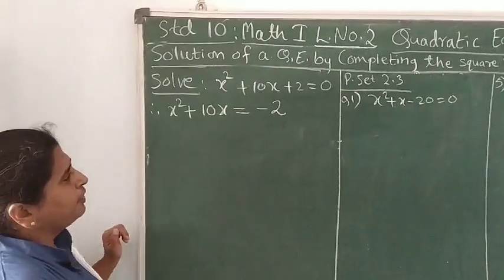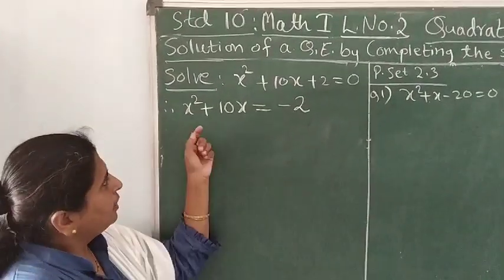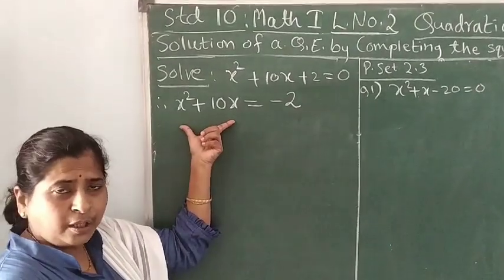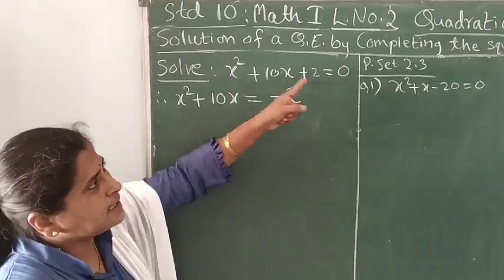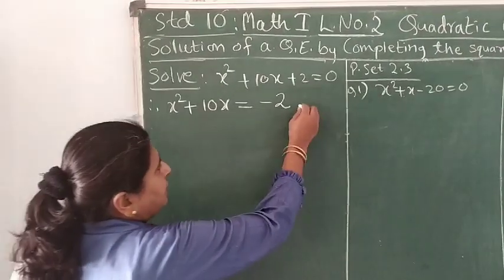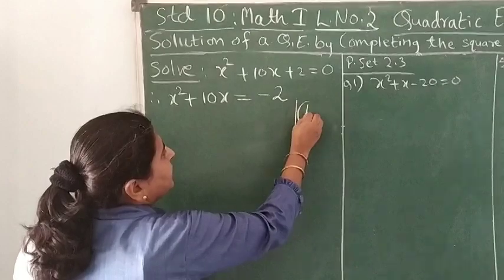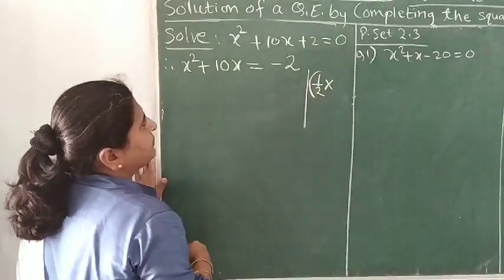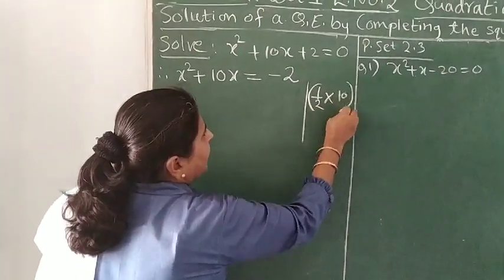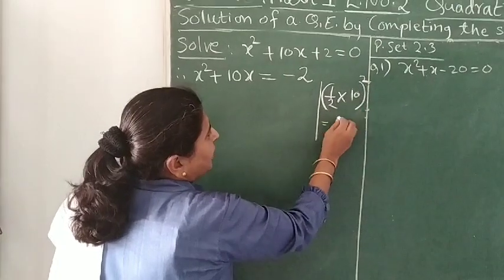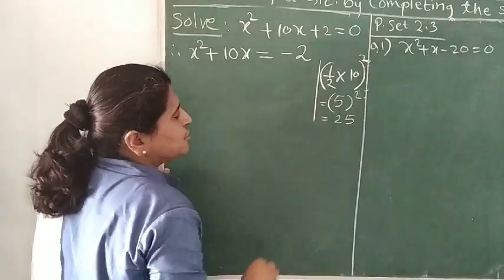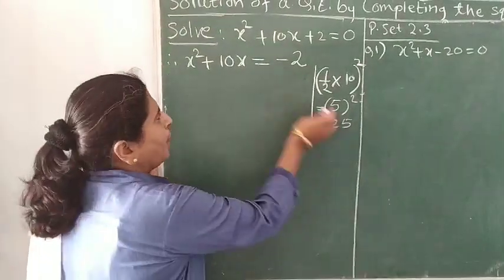Okay. Now, what will we do? We will find such a term which we will add over here and also here. By adding here, we will get a trinomial which will become a complete square. As the name suggests, completing square, so we require a term to be added on the LHS. What will be that term? We will find it this way: half into, what is the coefficient of the middle x term? That is plus 10. So, it is half into 10, in bracket, square. Now, half into 10 you will get 5. Okay, 5 square, and it is what? 25. So, you have got this 25 which you have to add on both sides.